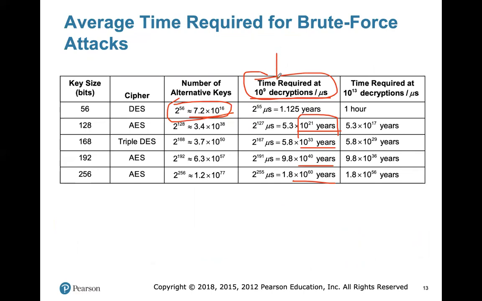This column assumes that you have a computer that can perform 1 billion decryptions per microsecond, which, like I said, is pretty high. Our computers cannot do something like this. And this is the same thing, but it assumes a stronger computer, 10 to the power of 13 decryptions per every microsecond. So with a computer like this in hand, you can break into DES in 1 hour, which, of course, means that it should be a supercomputer, or it might be, for example, 1,000 computers working in parallel.